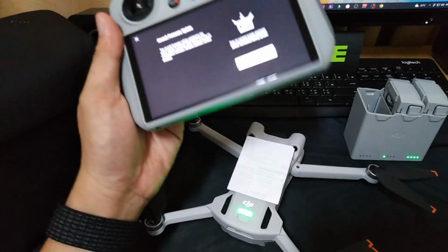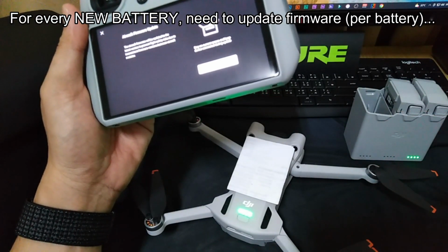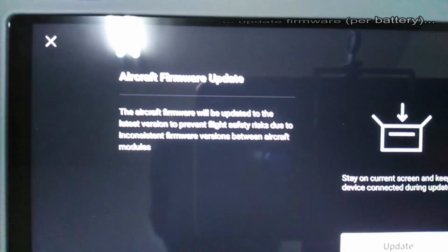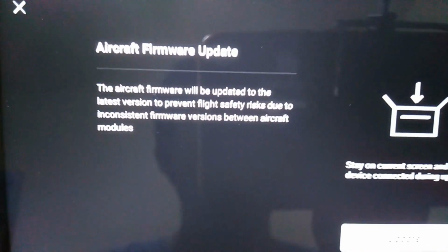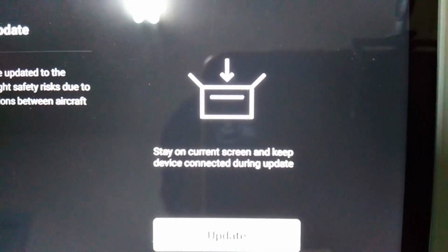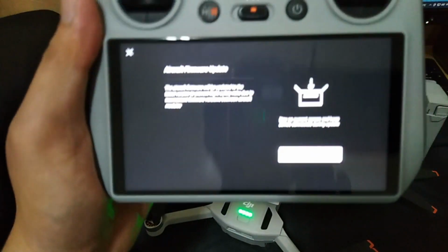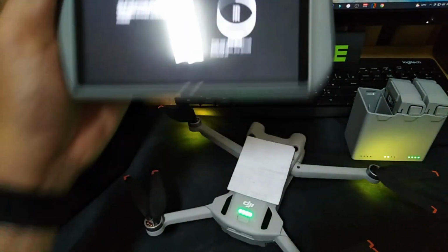So, guys, I just put the 47 minutes battery in the drone, and turned on the drone and the controller. Now we will update the aircraft firmware. Here it is. The aircraft firmware will be updated to the latest version to prevent flight safety risks due to inconsistent firmware versions between aircraft modules. Because every time we have a new battery, we need to update the firmware per battery. So now we will update the firmware. Update. Okay. So while updating,